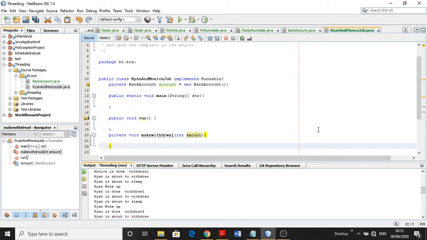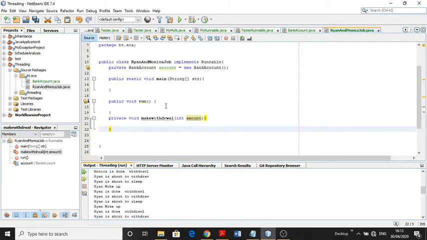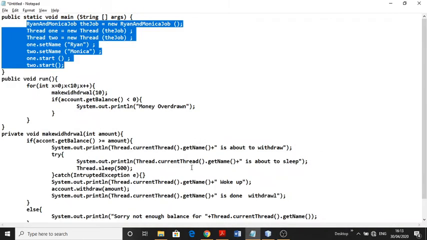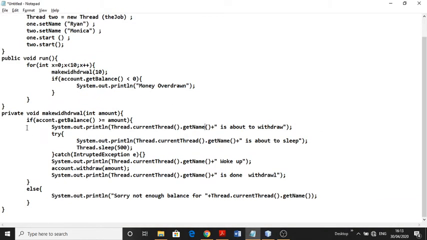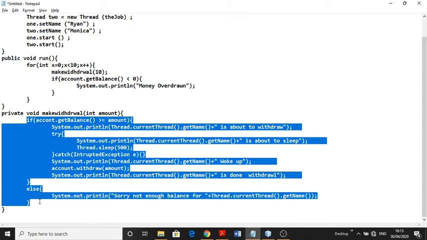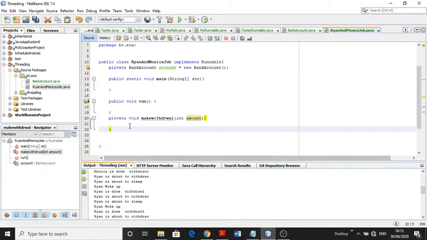There are three methods, so for saving time, I have already written the code for the three methods in this notepad file. So I copy the code for the makeWithdrawal function, and then we will discuss what exactly happens in this code.